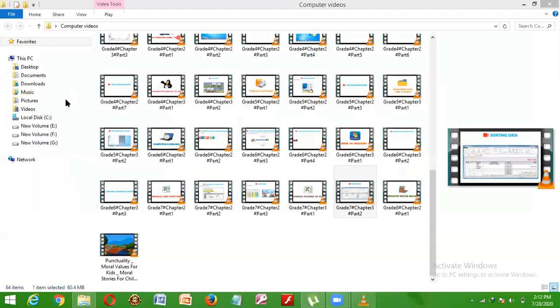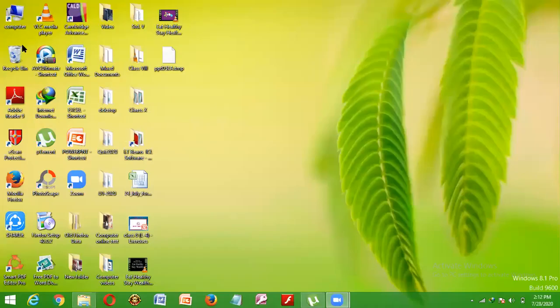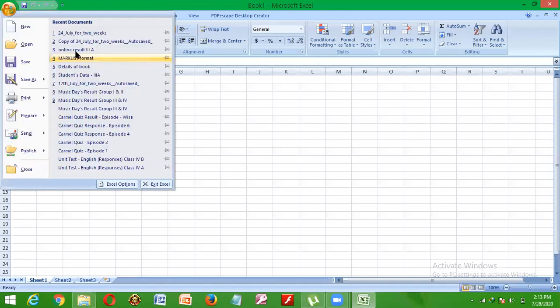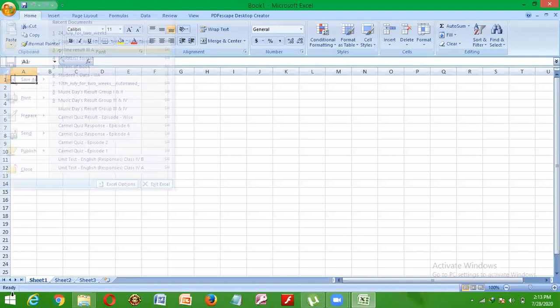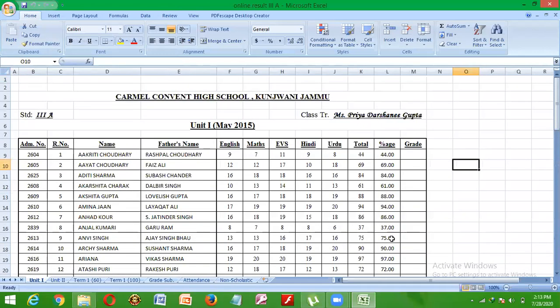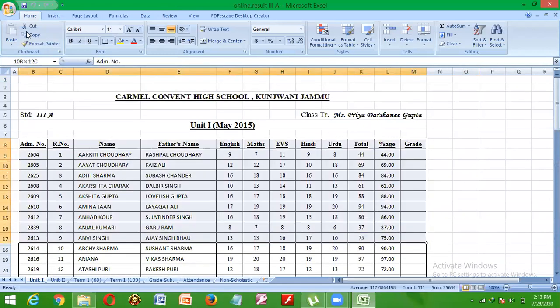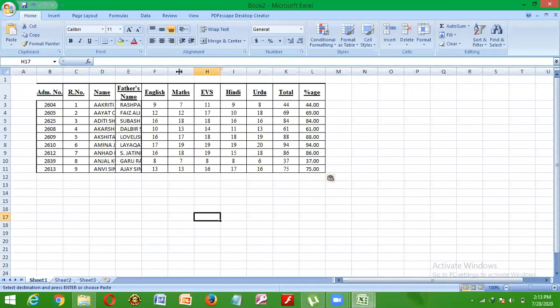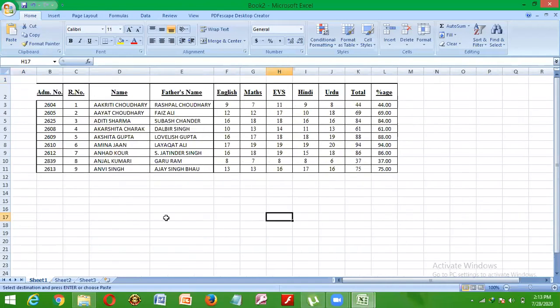We'll close this. Now, if we go to Excel and arrange, this was the data, let's say we copy the numbers, unit 1. Okay, copy, and we'll open a new sheet and paste. So this is your data. We have arranged this data. If I want to sort this data, I will select all of these.